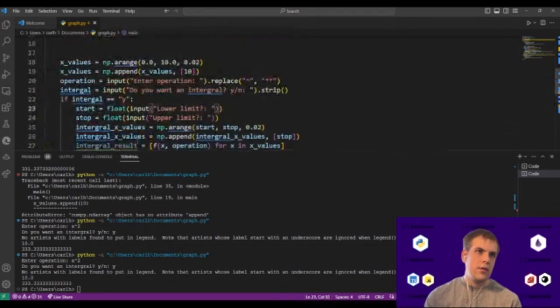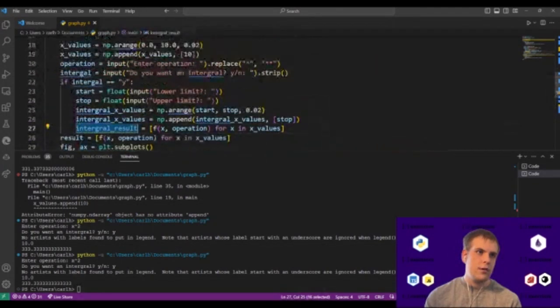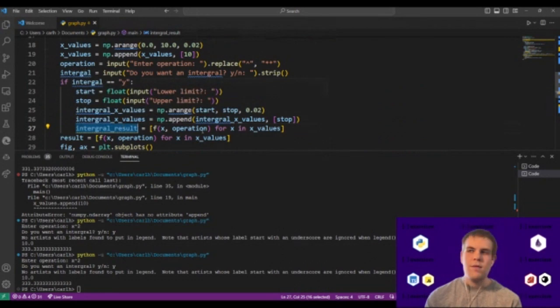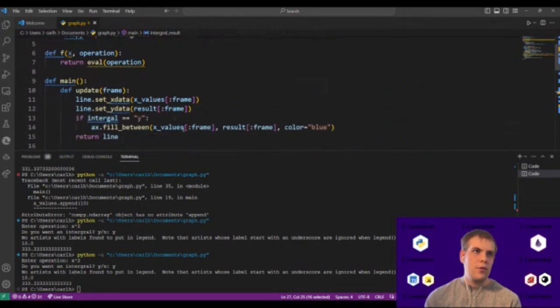Well, we will come back to that. So we have the integral system here, and that is this. Okay, so now we have an integral result. And now we replace these values actually with